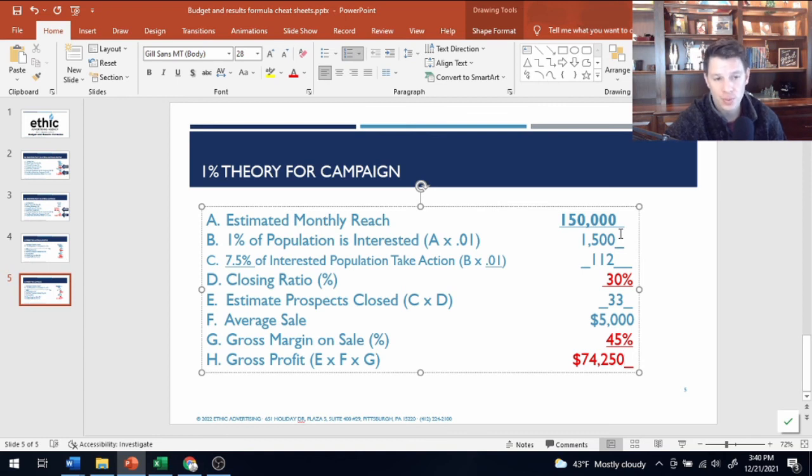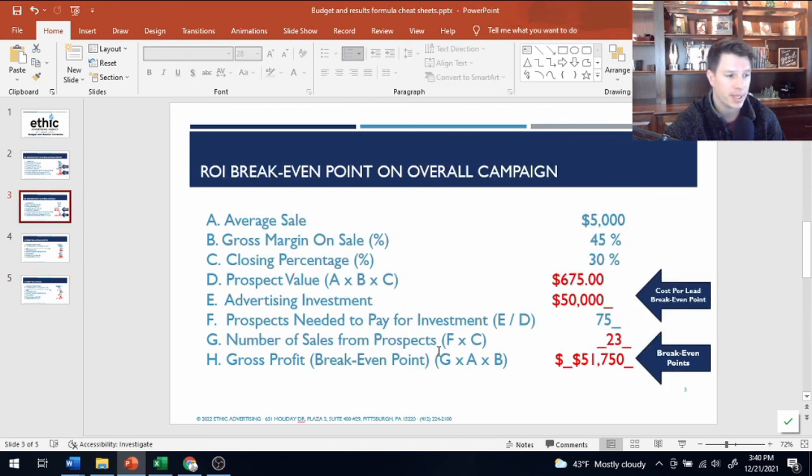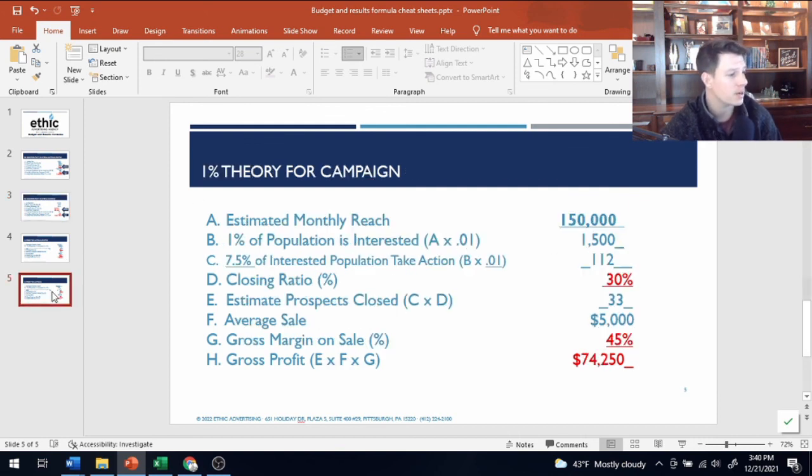So this is a great way to assess your return, your risk, and the validity of a campaign and how it's going to be effective, just using these two formulas. Essentially this one helps you find your break-even point, but it also helps you estimate, okay, what is the prospect's value? Get thinking about your closing ratios and percentages and how important they are to advertising. And then the 1% theory can help you theorize how many people are actually going to contact us, and based off of our historical data, how many of those people are going to close?